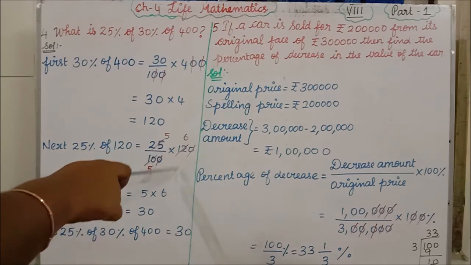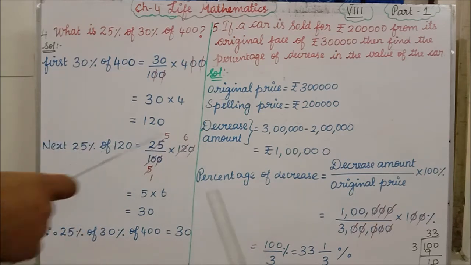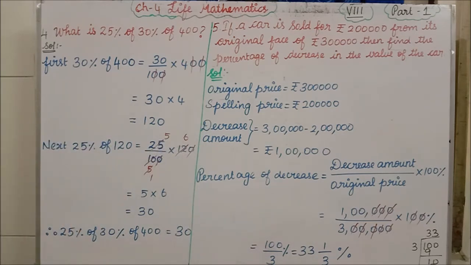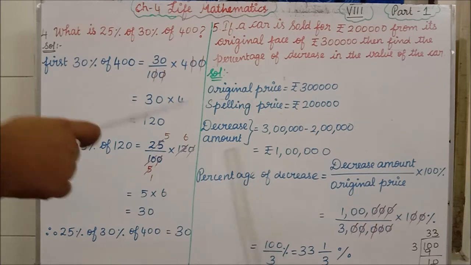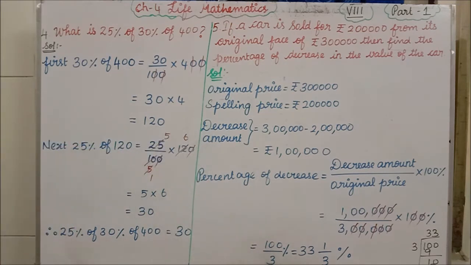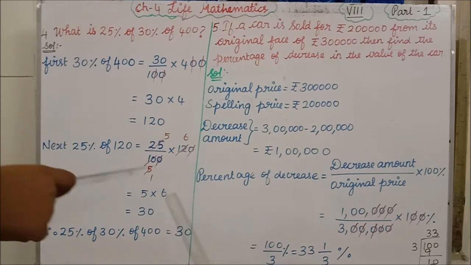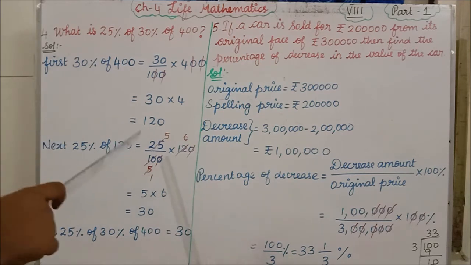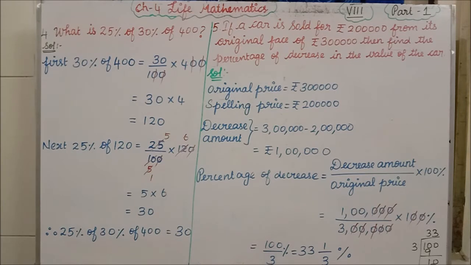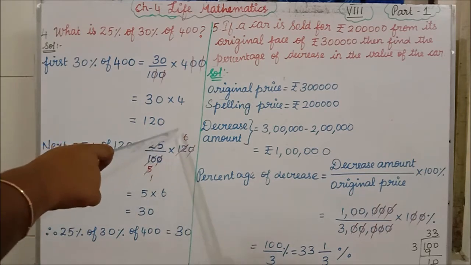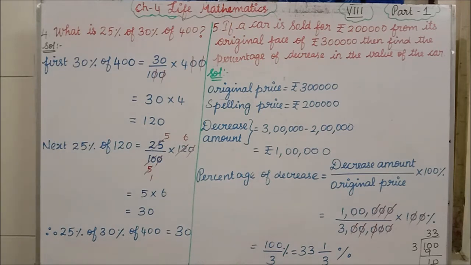Then this 0 and this 0 will get cancelled. 12 and 10 will go in the same 2 table. Isn't it? 12 will come in the 2 table how many times? 6 times. So I have written here 6. 10 will come in the 2 table how many times? 5 times. Isn't it? So 5 2s are 10. Then again this 5 and 25 we can cancel. So how many times? 1 5 is 5. This is 5 5s are 25.